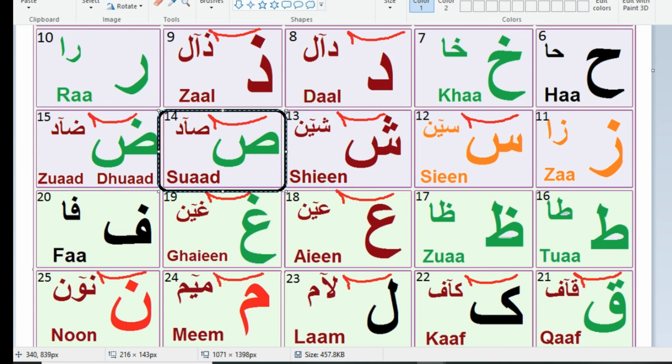Okay, when you see the next letter shape like that, when you see that type of shape, how to read it? So look at the letter name. Swad. Swad. It is bold. Okay, swad. Press the tongue on the sides. Okay, press the tongue on the sides and then say